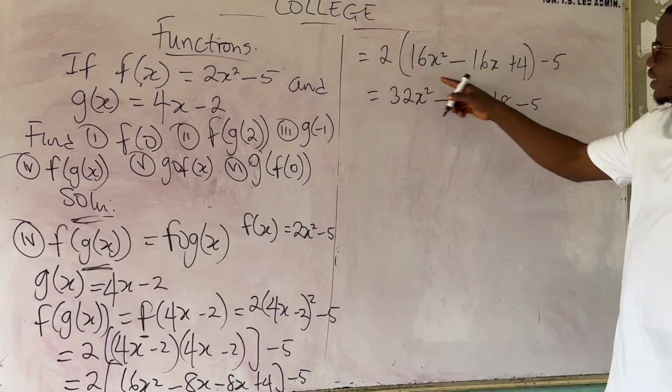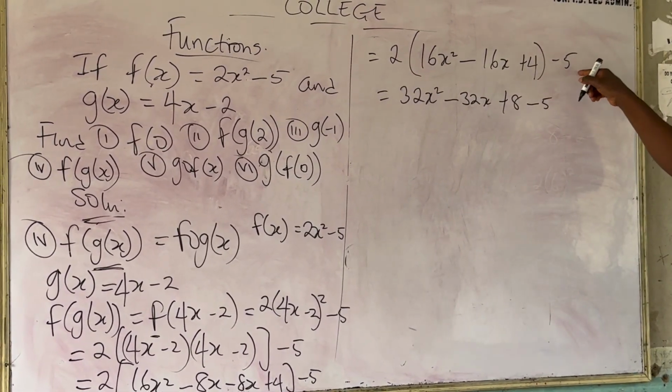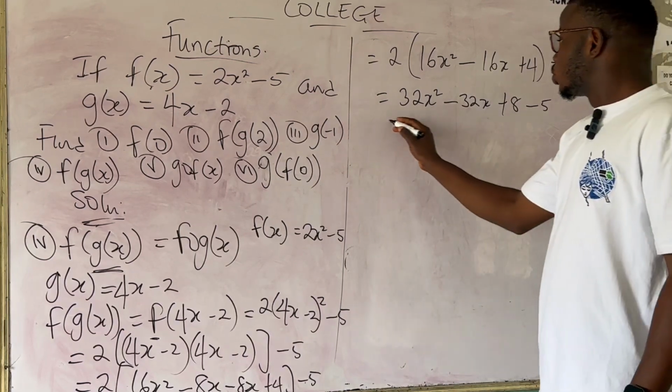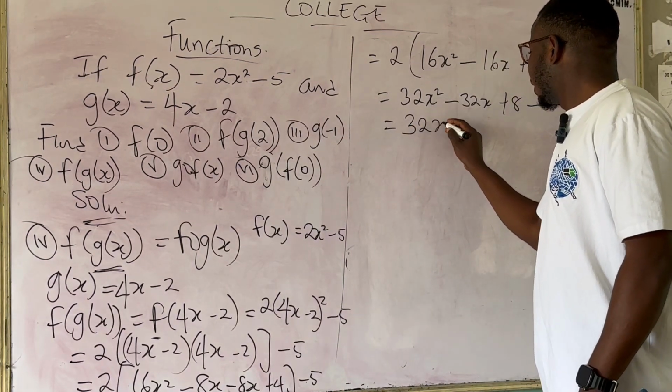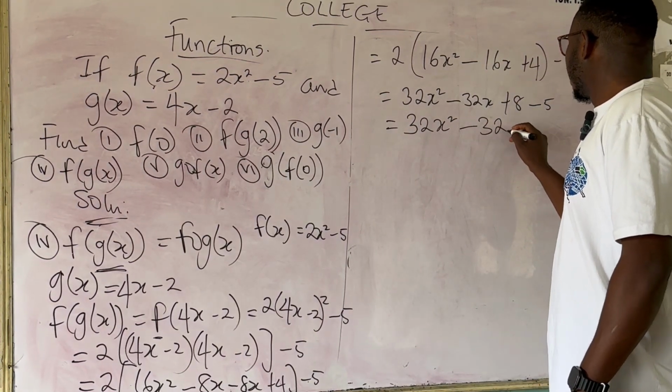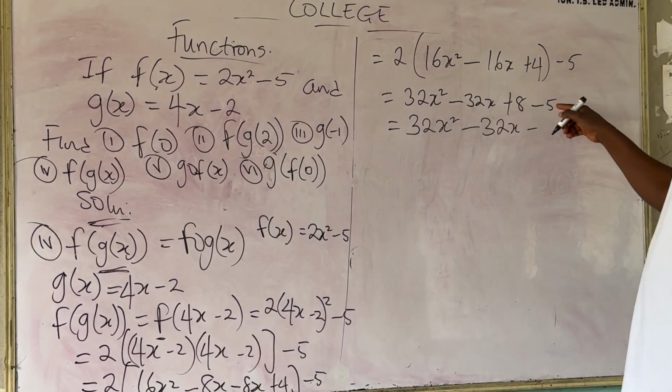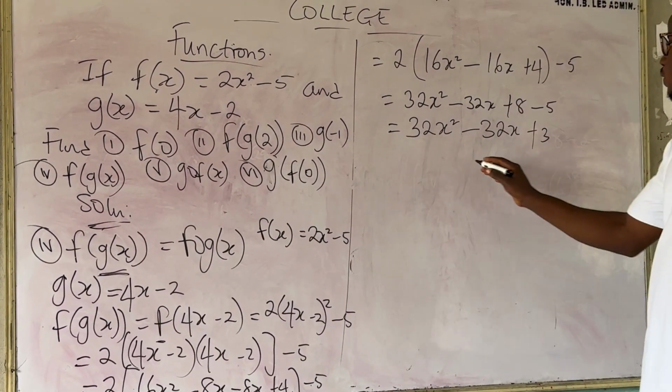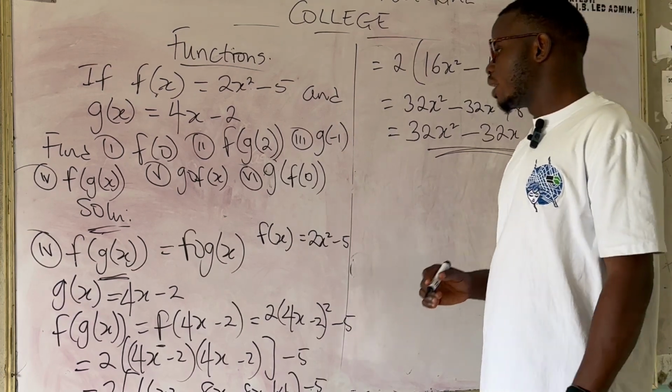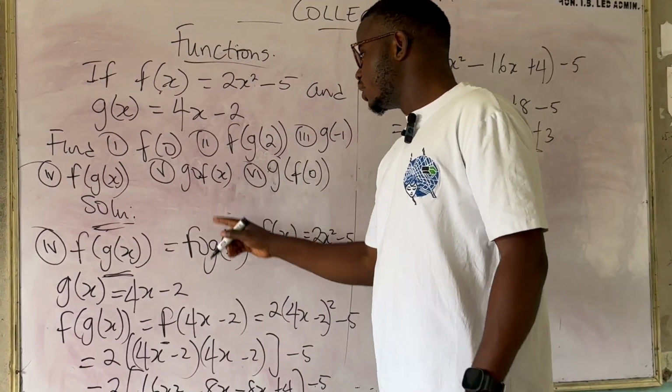So this 2 can only expand everything that we have inside the bracket and not this minus 5. So here we have 32x squared minus 32x plus 8 minus 5. That will give us plus 3. So that is the answer to f of g of x. And the next one is,